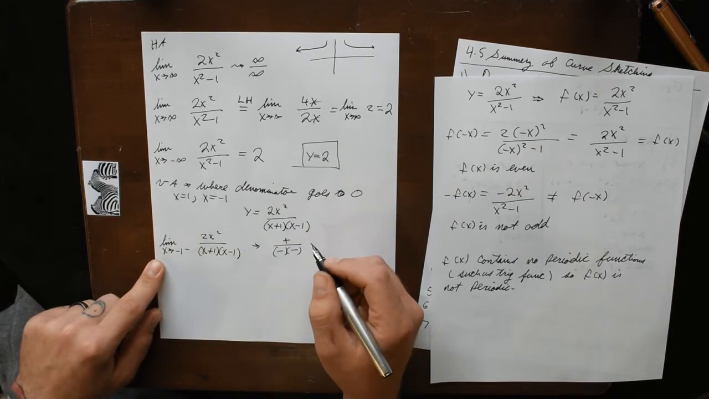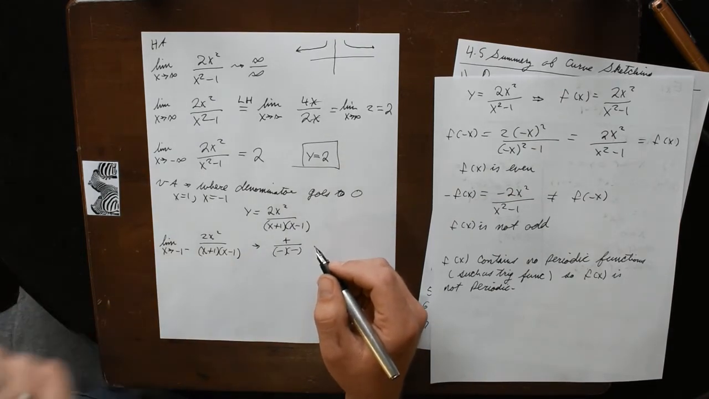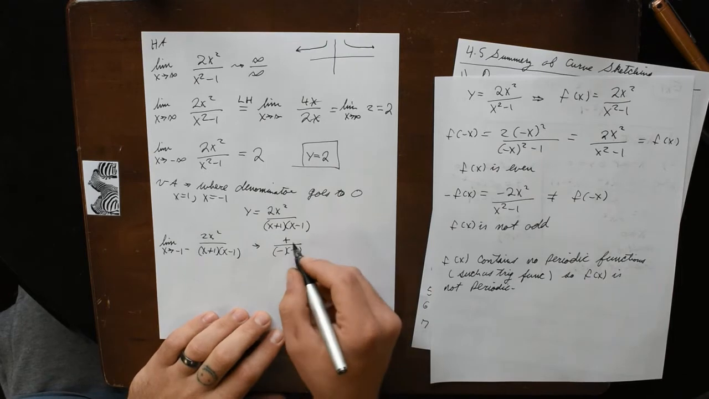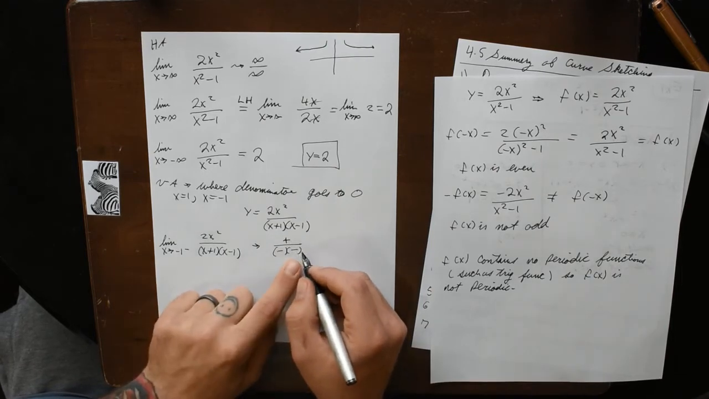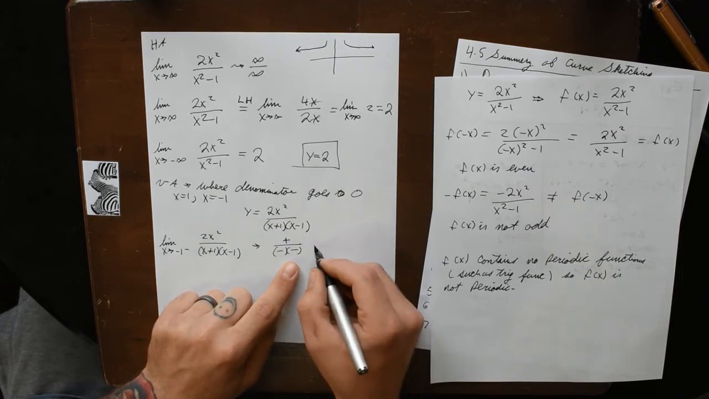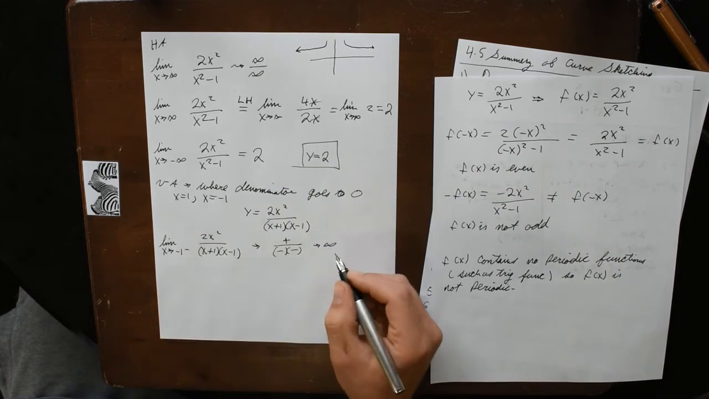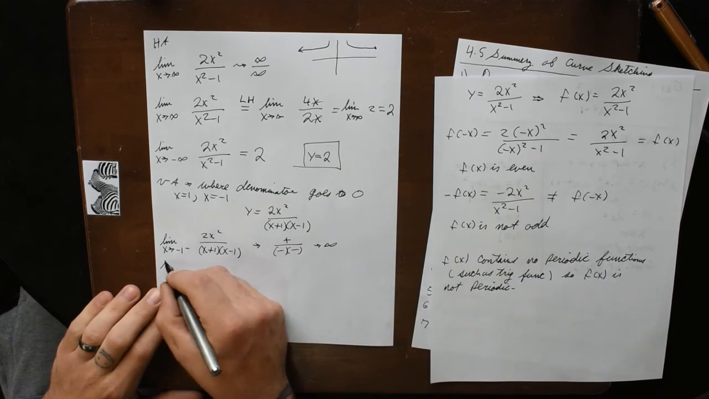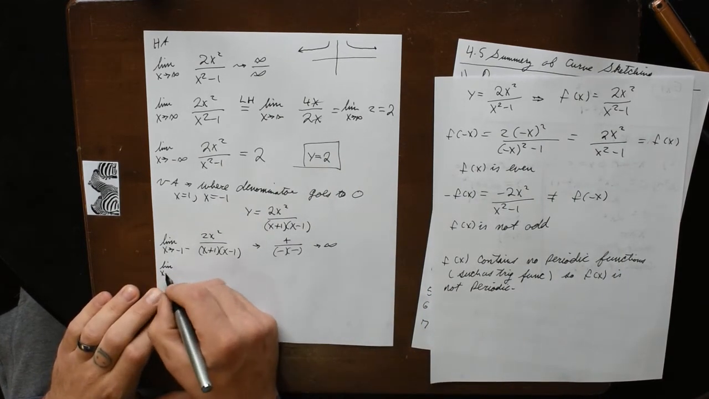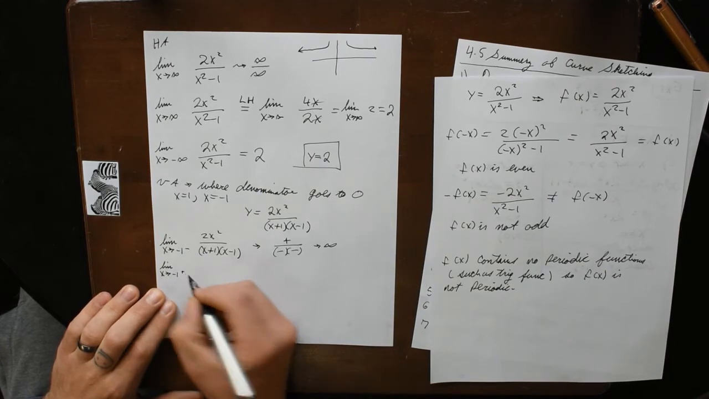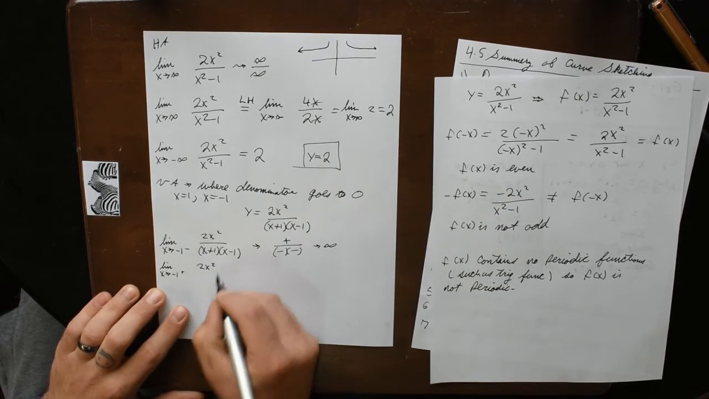So we know we have to go to positive or negative infinity because the denominator goes to 0. We have positive divided by negative times negative, which is a positive, so we know we're going to go out to positive infinity. If we take the limit as x goes to negative 1 from the right of 2x squared